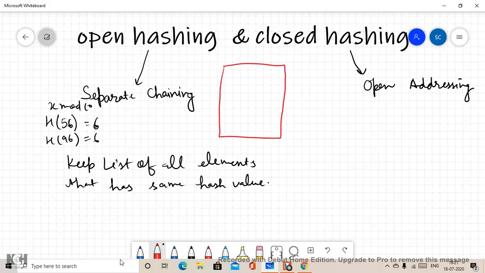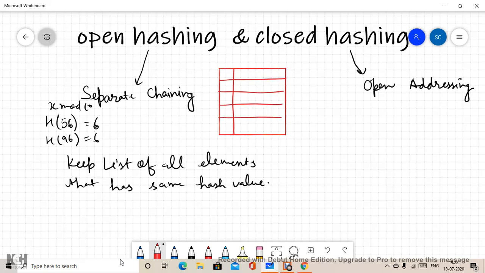Okay, this is what we are going to do: rather than inserting data into the table structure, earlier we were storing data like this, 10 stored here, 11 here, and 56 stored here, and when we came across 96 it generated a collision.